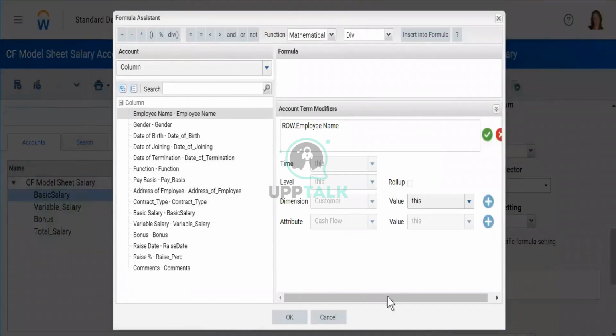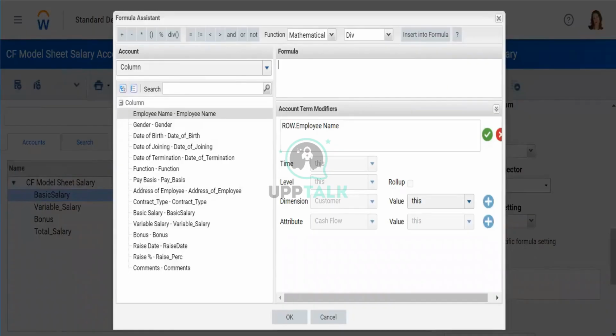What is the first thing that is opening here? It is the formula assistant. Ignore the remaining things. We will do this in detail because this is a whole big topic. Now, what are you noticing here? Whenever you click on Formula Assistant for this model, what is it that is popping out?